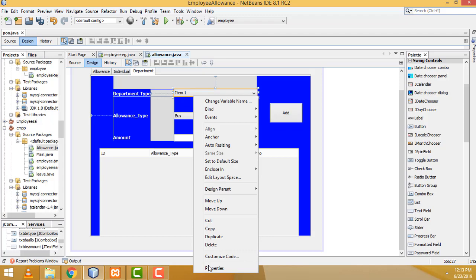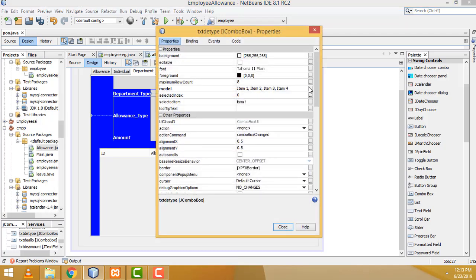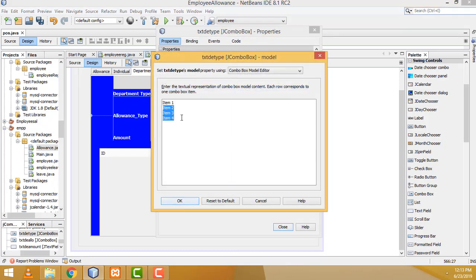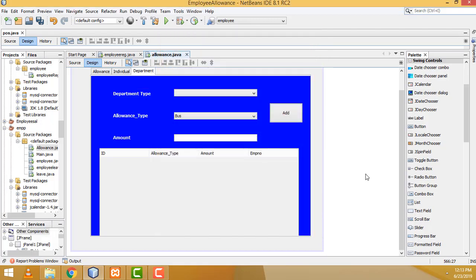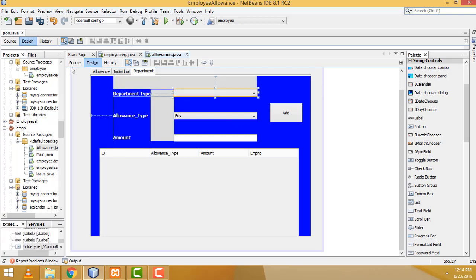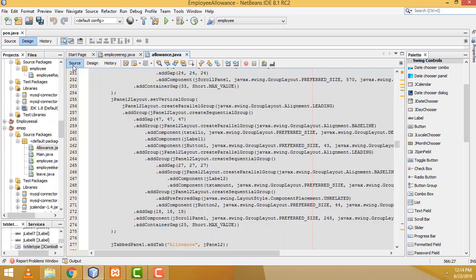Here, right click, properties, we have to remove the model, click OK, right, perfectly done. Now what I'm going to do is first load the department. What are the departments available? It will be loaded. So here, go to the source,